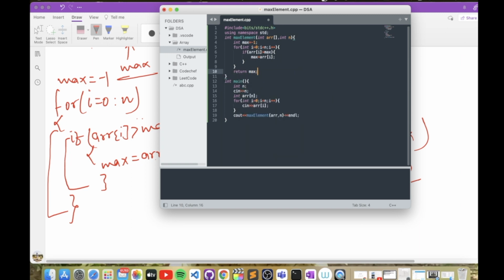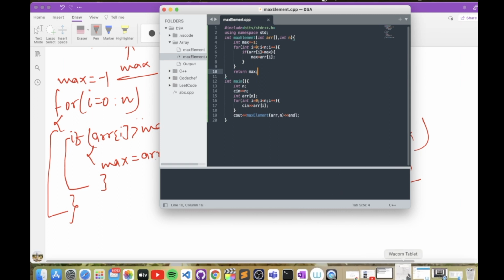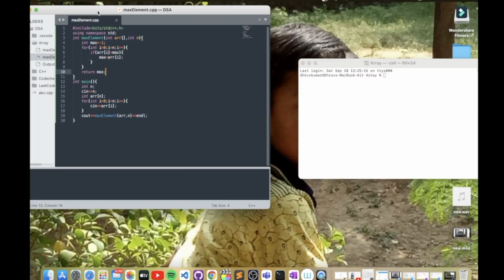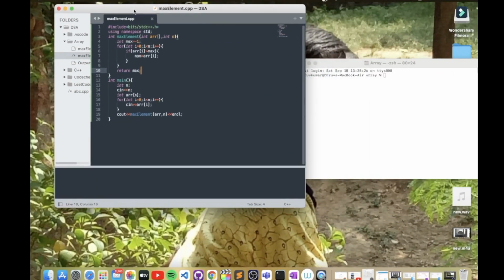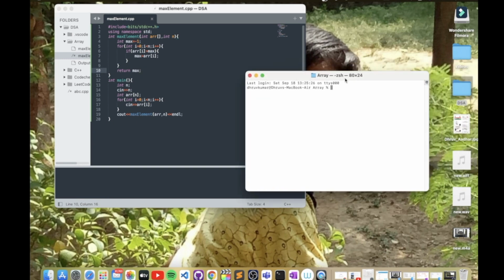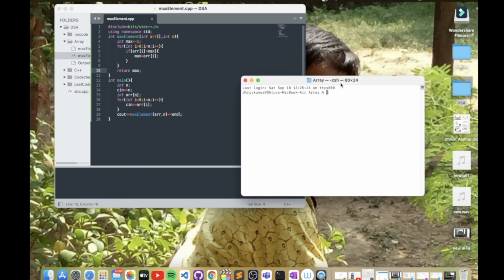So let's see the output. Let's run our code here. We have already written the command for compiling. It compiled successfully. Now run it.